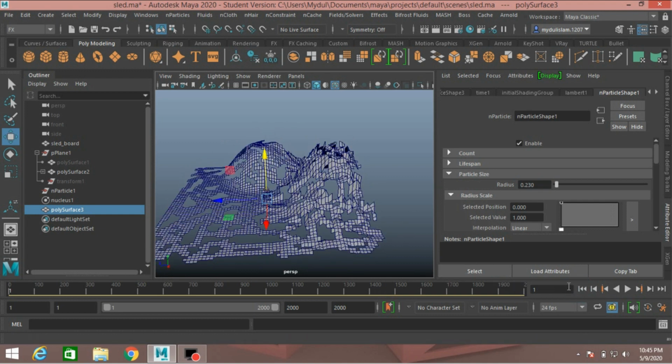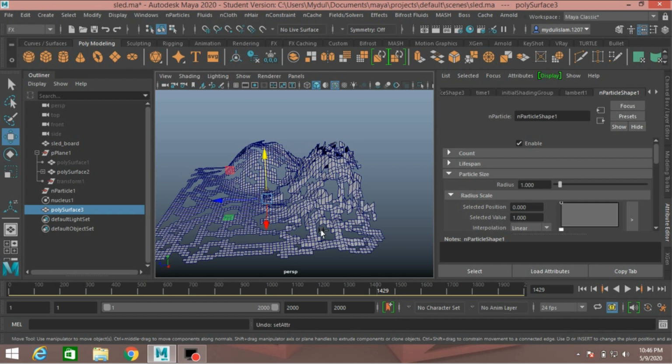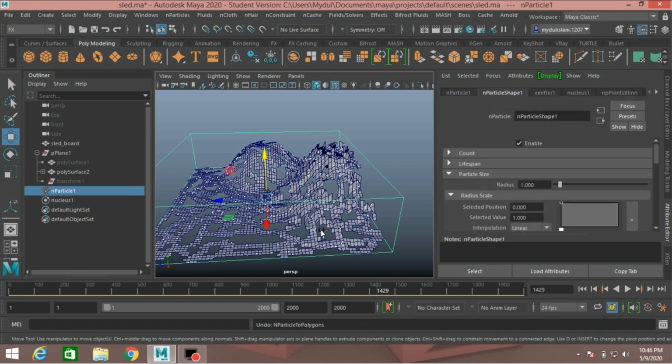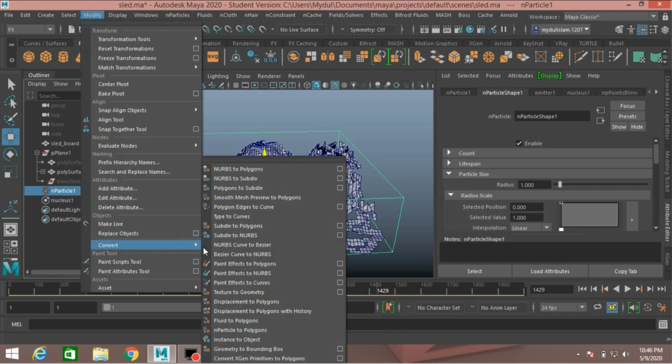Go to frame 1, click play. Ctrl Z to undo. N particle selected, go to modify, convert N particles to polygon.